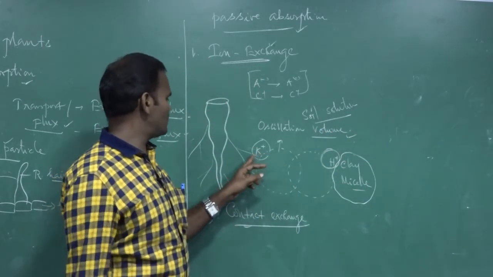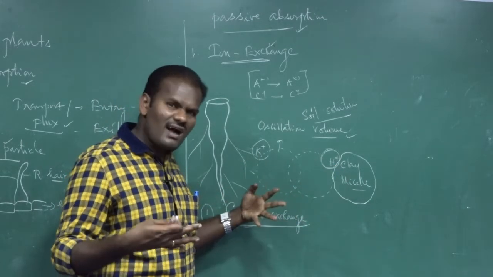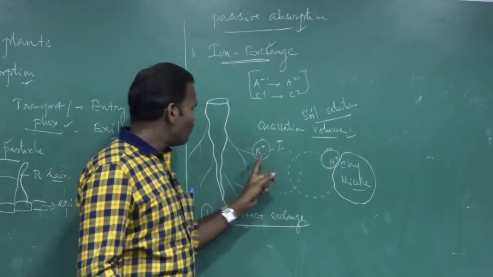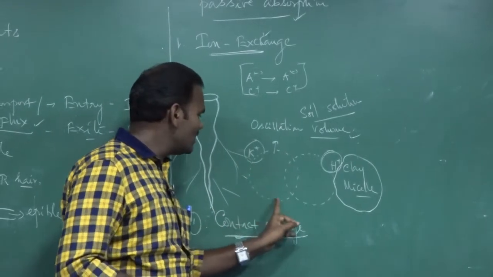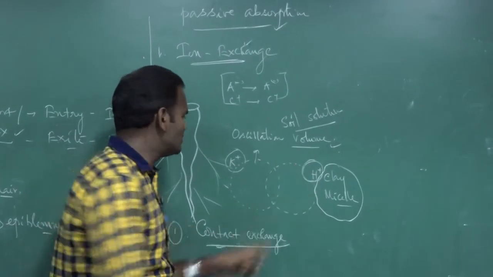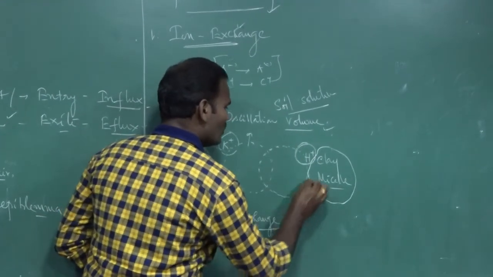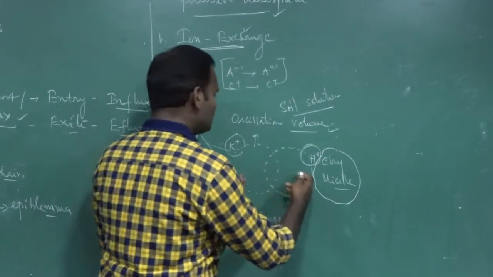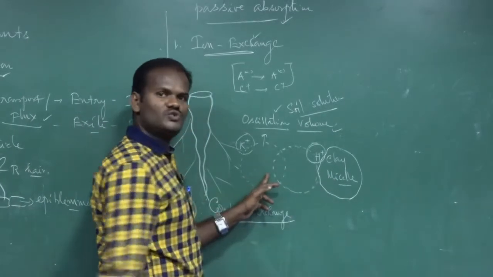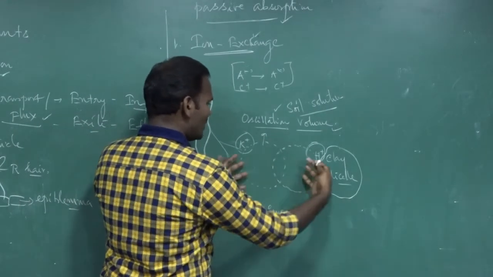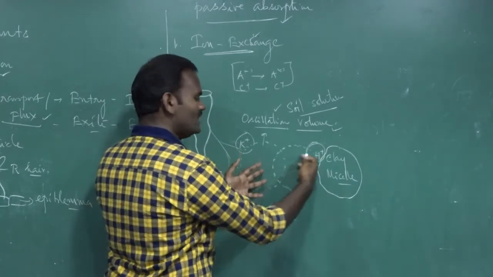The ions present on the surface of the root cell and on the surface of the clay particle are not tightly held together, but oscillate, in the sense they swing within a small volume of space. So this is the oscillation volume of the potassium ion, and this is the oscillation volume of the hydrogen ions. Due to the oscillation volumes, both ions overlap with each other.